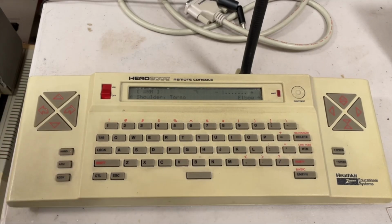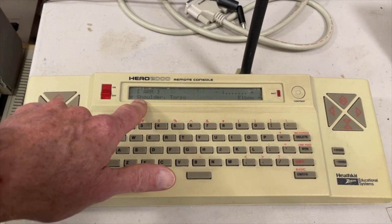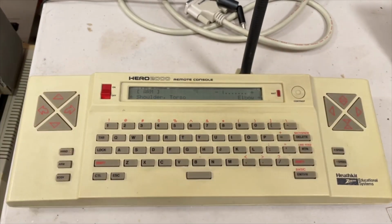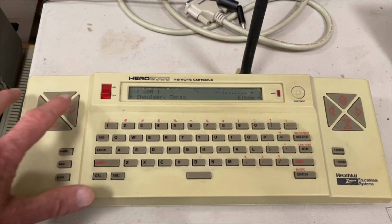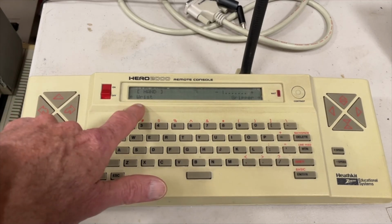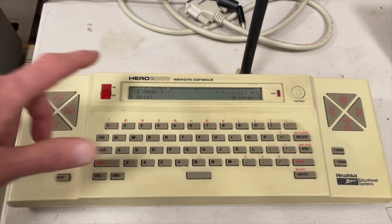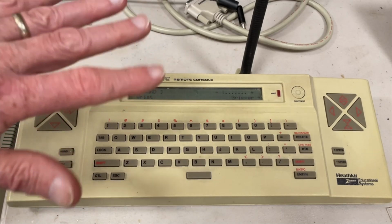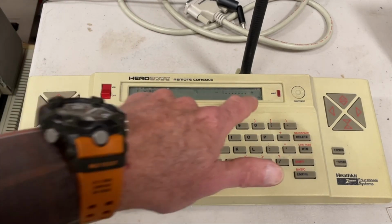If we go into the arm mode, you can control the shoulder and the elbow. Shoulder, up, down, elbow, up, down, and torso again is around that way. If you go into the hand mode, you get access to the wrist, which gives you the up, down of the wrist and the rotate of the wrist. The gripper